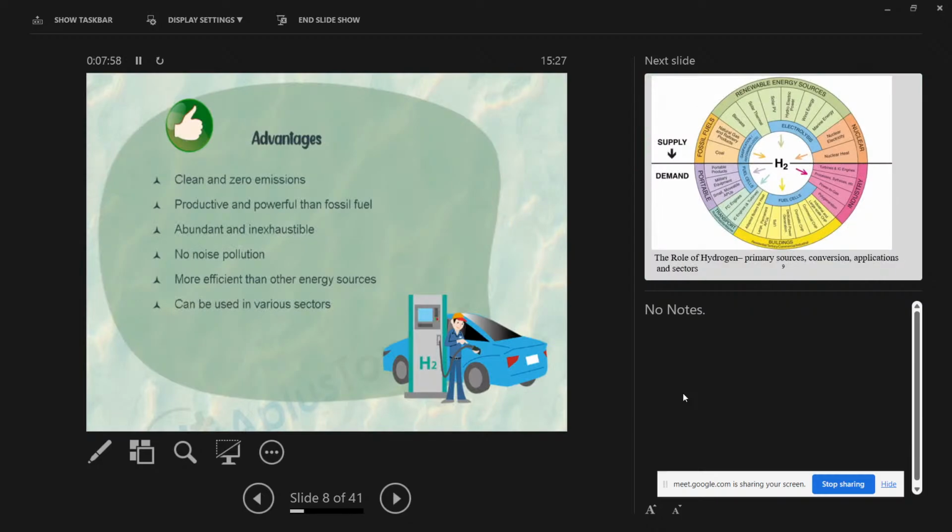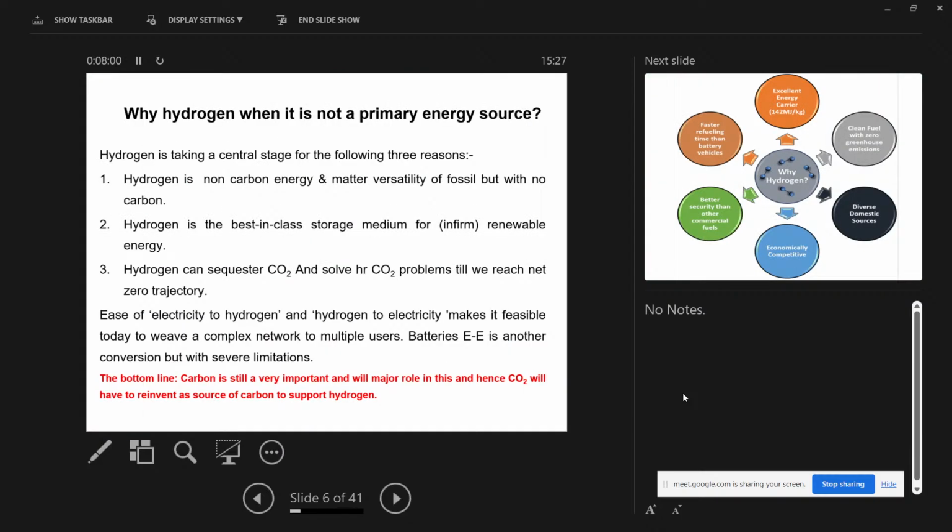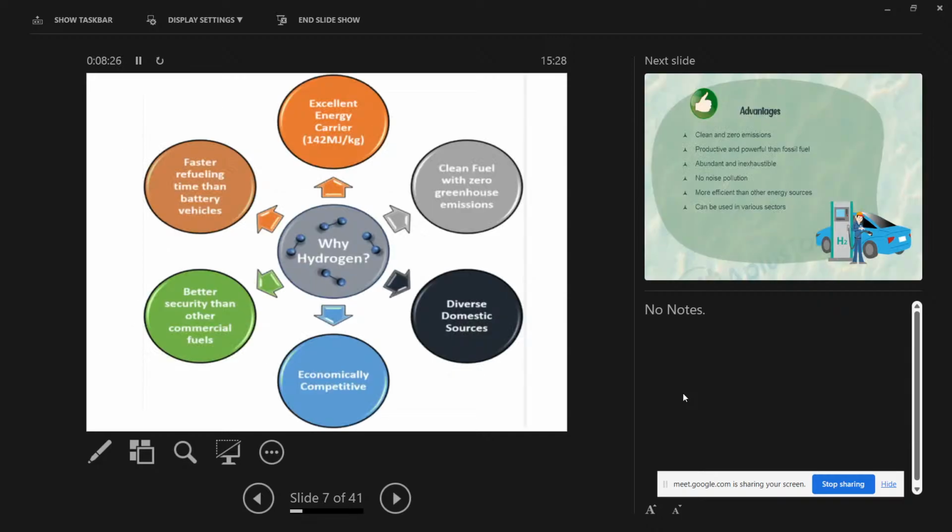But right now, why hydrogen is needed is that the primary is the best storage, but the problem is producing it, synthesizing it with effective methods. And the second is that it is a renewable energy source, but the problem with this is the storage. We will talk about all these factors one by one. So next, coming to the next slide, then you will have a clear-cut idea about it.